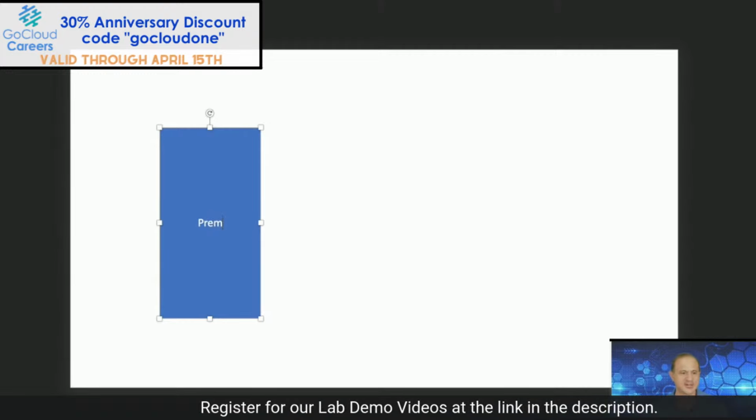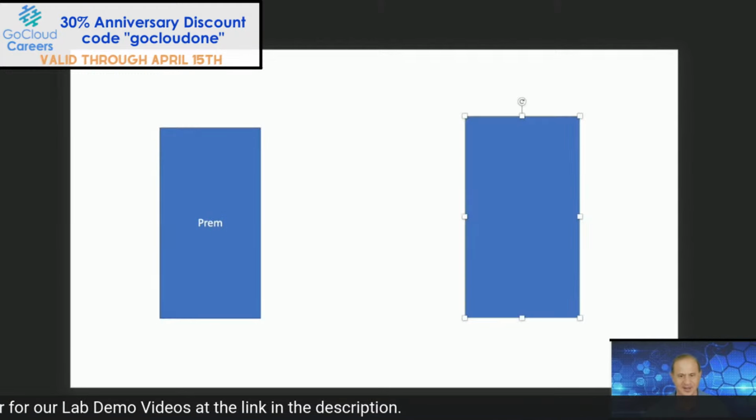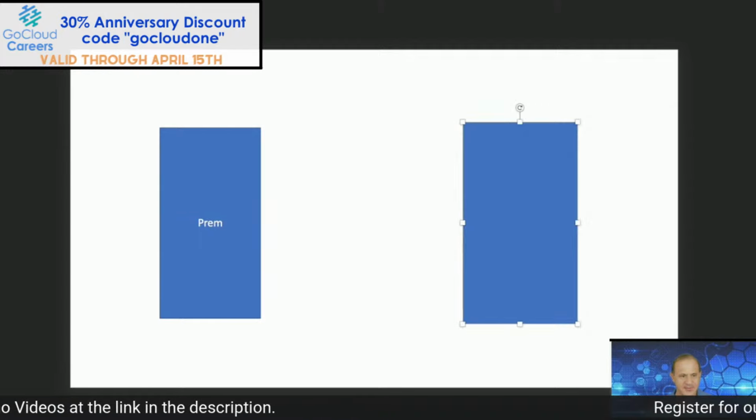Now, I would tell you using a single cloud is insanity, and I would never do it. But even if we did, here's the thing. If you only have a single router over here,